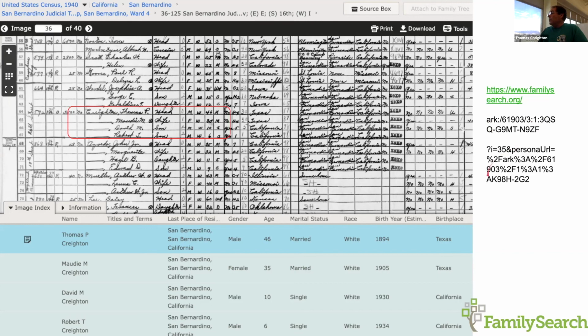This other thing says, look, the context for this particular view should be based on Thomas P. Creighton, and so it brings up the record data that's associated with that and shows it down here.